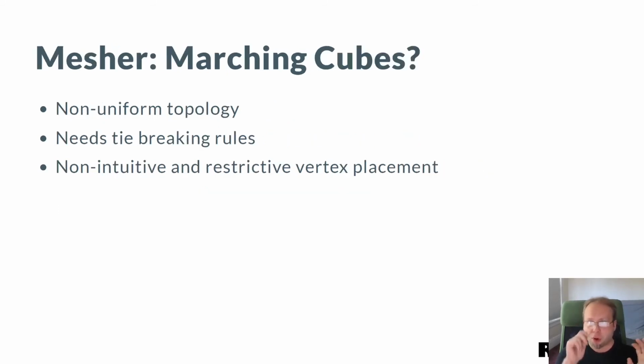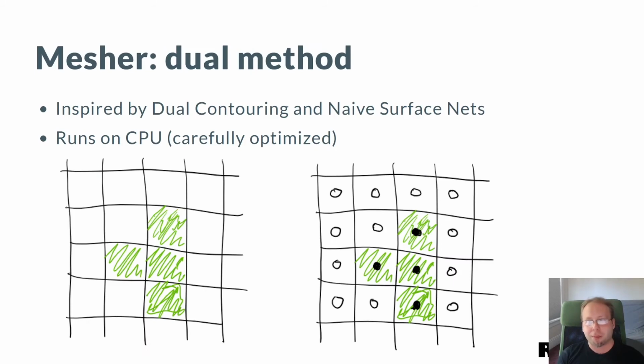So now that we have the voxel data, how do we render this? Well, we can't really trace or raymarch this directly on the GPU. We could, but definitely not on OpenGL 2 or an iPad 2. So we have to generate meshes, and we started looking into marching cubes, but didn't like a few aspects of the algorithm. The topology there is a bit too random, and we wanted a bit more control over the vertex placement. So instead, we ended up going with the dual method. This is inspired by the dual contouring of Hermite data paper and the naive surface nets blog post. This can, in theory, run on GPU and compute shaders, but in practice, again, OpenGL 2 and OpenGL 3 have no compute, so we have to run all of this code on the CPU.